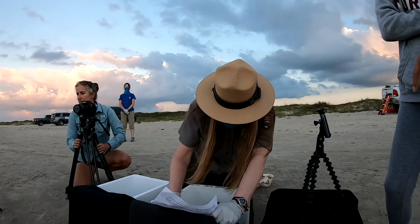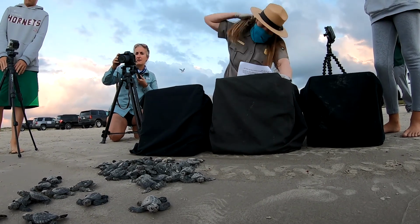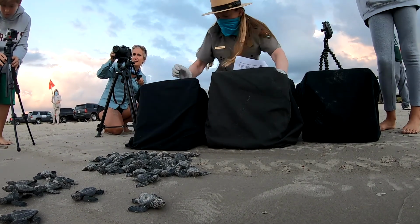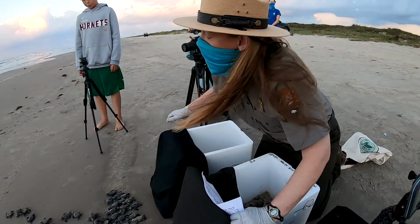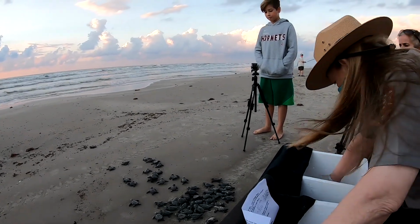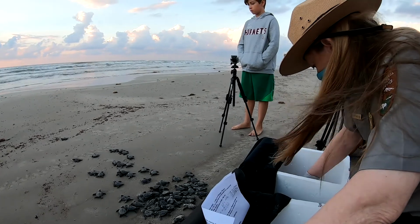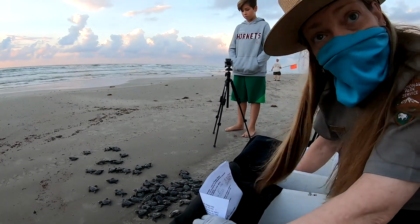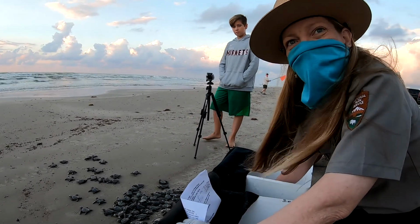In 1963, Dr. Henry Hildebrand found a very famous film, it later became famous, a very important film that showed an estimated 40,000 Kemp's Ridley turtles nesting on this one stretch of beach at Rancho Nuevo, Mexico. And so they're searching for that beach, trying to discover where these turtles nested, which had gone on for decades. Finally, once that film was discovered, then it was known, and it was all due to Dr. Hildebrand discovering that film made in 1947 in the early 1960s and showing it at a herpetological conference in Austin, Texas. And Henry Hildebrand was from Flower Bluff, Texas, and worked at Texas A&M Corpus Christi, and was a good friend of